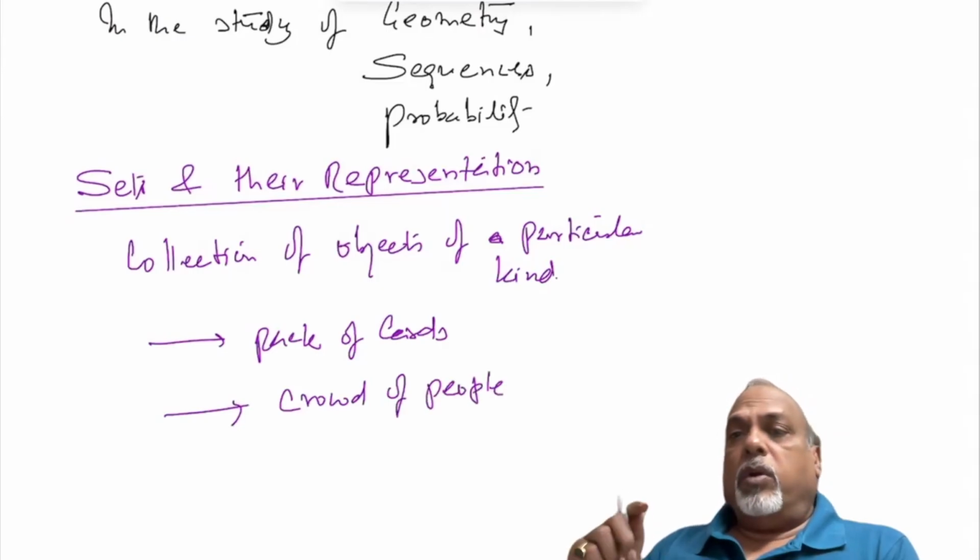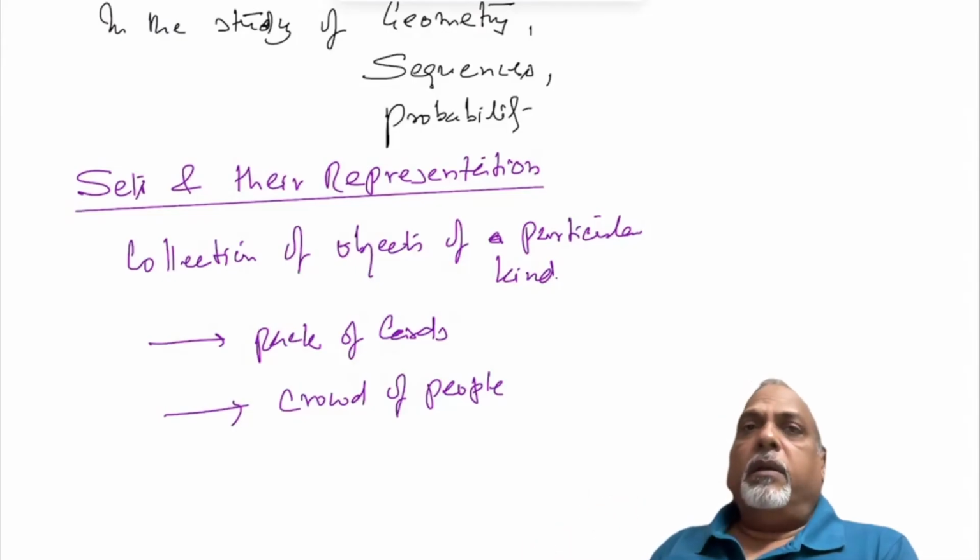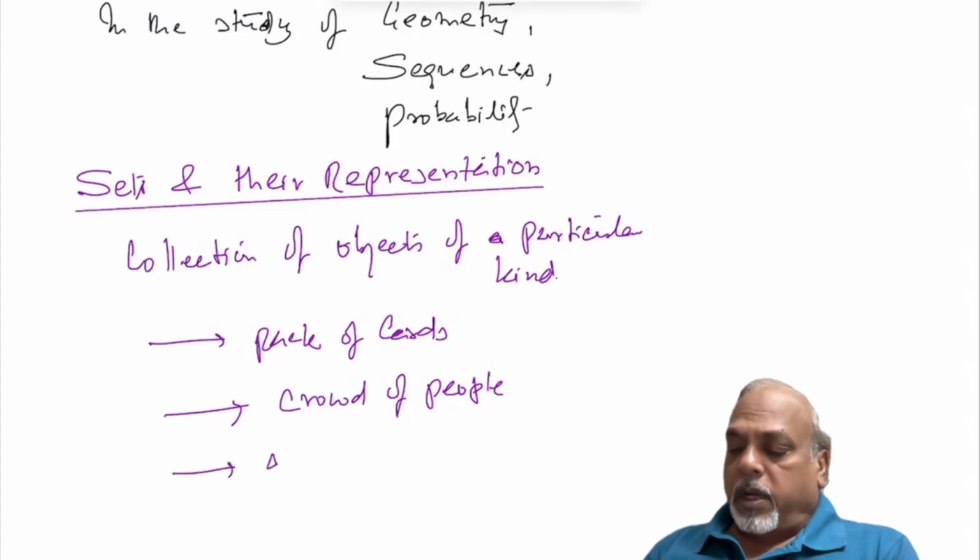We are talking about crowd of people, not crowd of animals or any other crowd. So this is a collection of the objects of a particular kind. Correct? A cricket team,